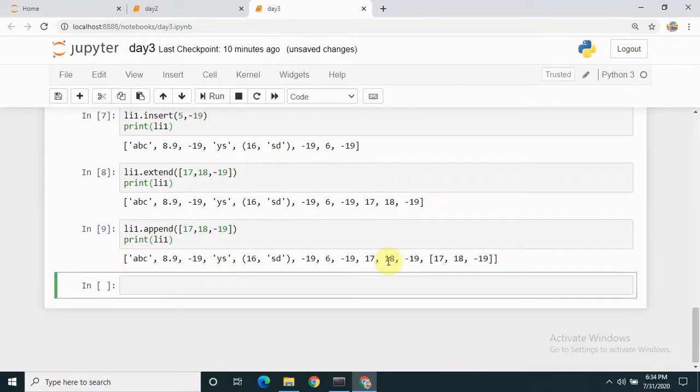See what happens, as opposed to extend. Don't confuse between the two. This is the fundamental difference between append and extend. Append will add one single element at the end of the list. If you are passing a list to append, it will take the whole list as one argument. Whereas extend will take the individual elements and put them at the end of the list.